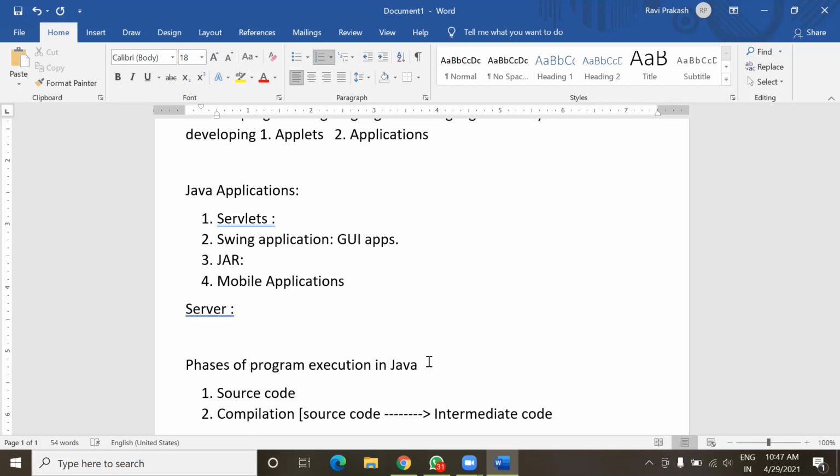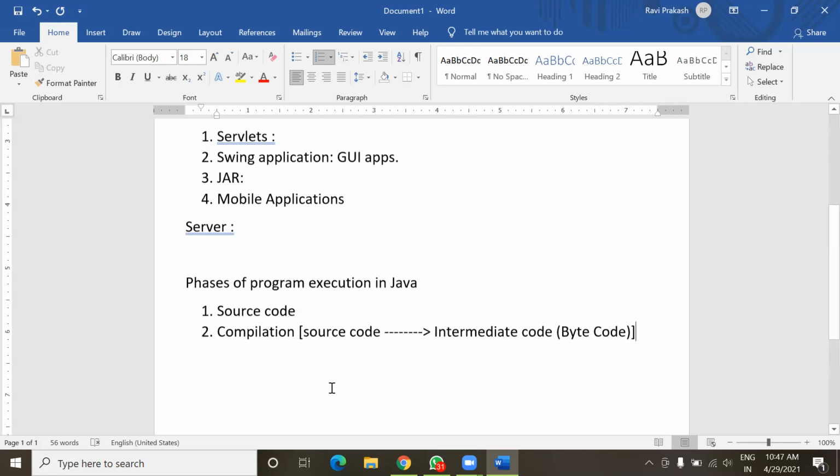Okay, it is also known as bytecode. In case of Java, this thing happens during compilation. Whatever the source code is developed by the programmer, that is converted into intermediate code, or it is also known as bytecode.